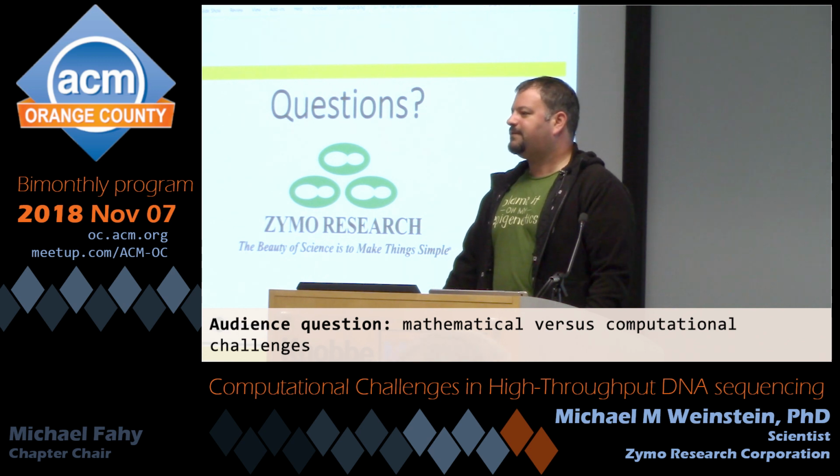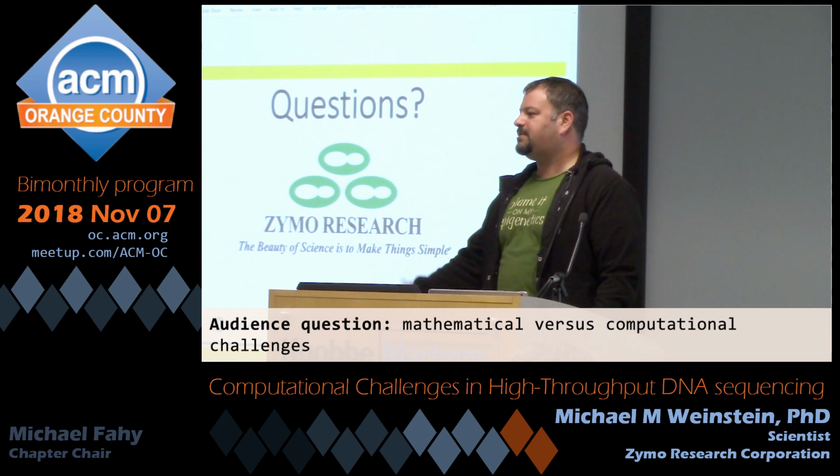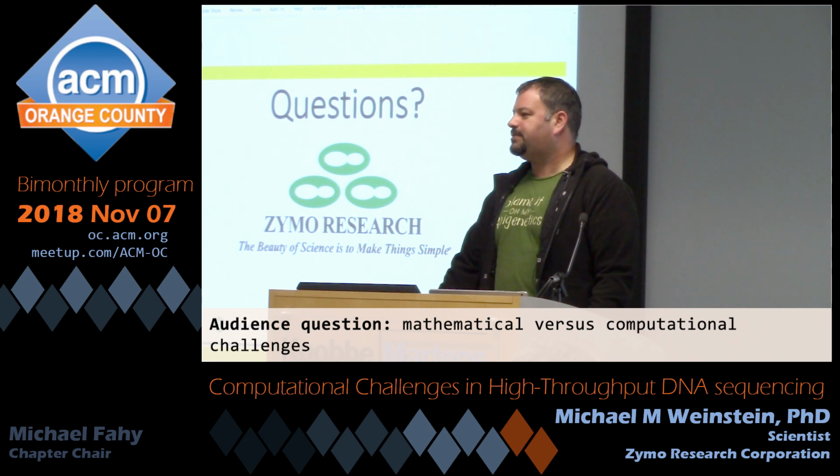Yeah, a lot of the computational challenges ultimately come down to making the mathematics more efficient. So assembly, as I mentioned before, De Bruijn is probably the way that it's going to be done, and it's going to keep being done. But there's probably ways to improve De Bruijn graphs, and I know quite a few people working in computer science who are trying to improve on that.